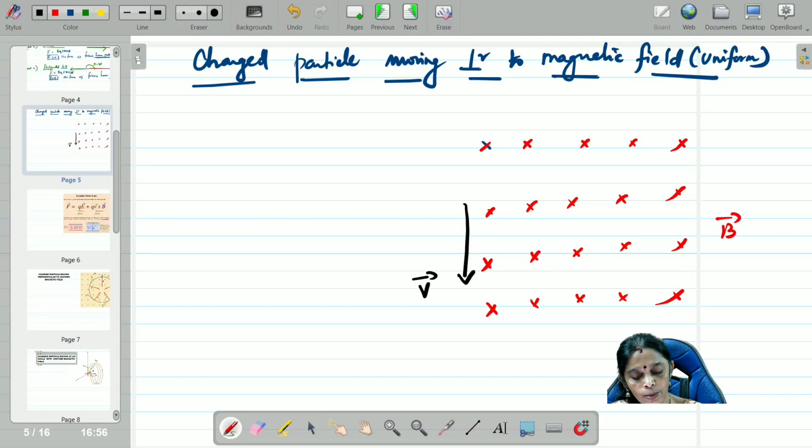Let us suppose a positively charged particle is moving perpendicular downwards. Use the right palm rule and find out the direction of the force. You may be wondering why only use the right palm rule. It doesn't mean that you can't also use the cross product rule, but use only any one rule throughout. In class 10, your teacher would have taught you Fleming's left hand rule. That also you can use.